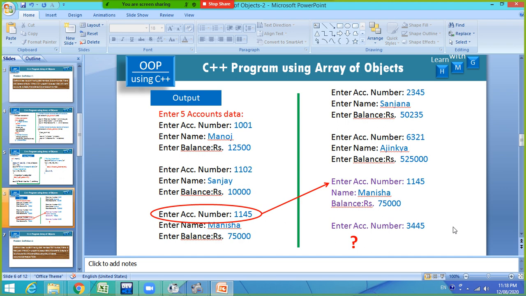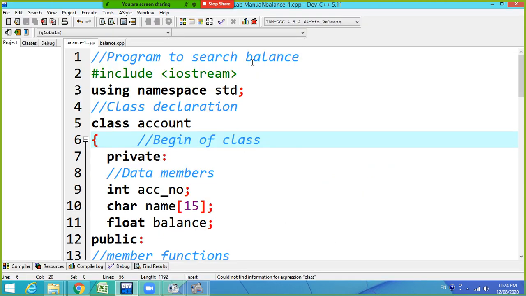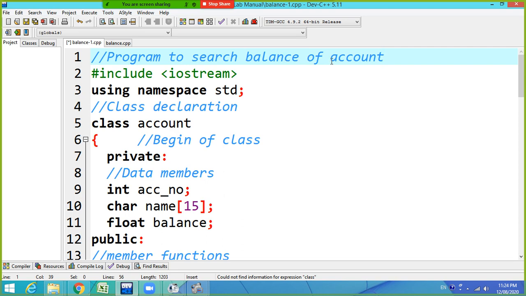So let us go for the complete program. Now here, program to search the balance of a given account.